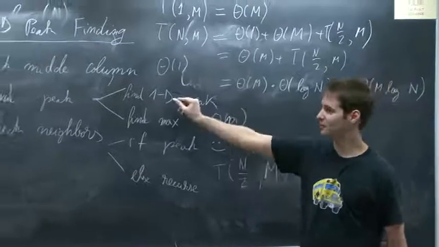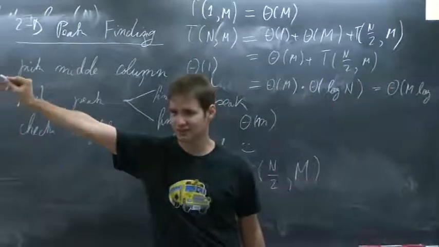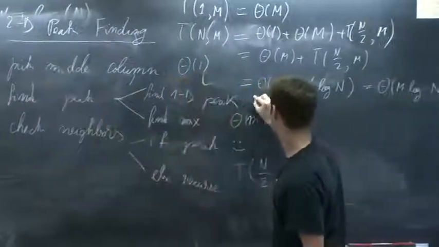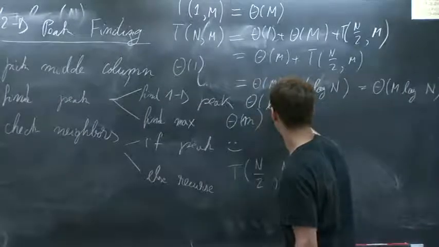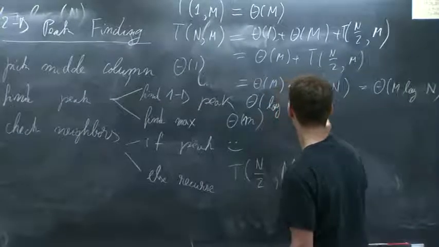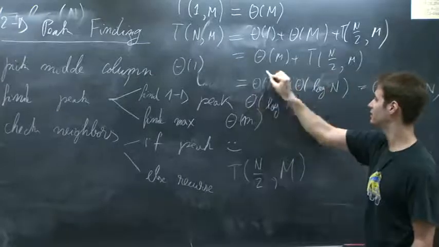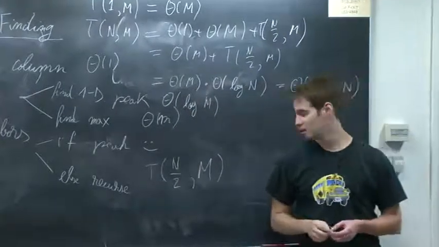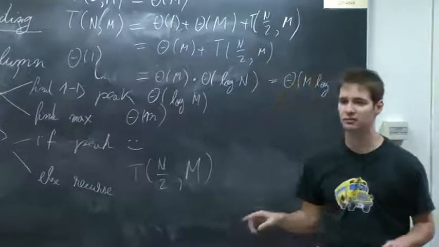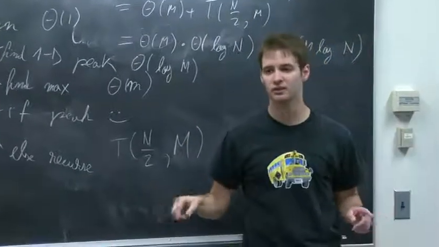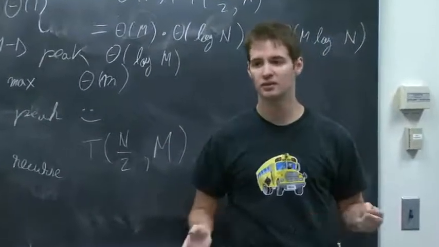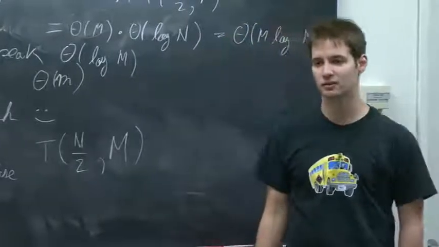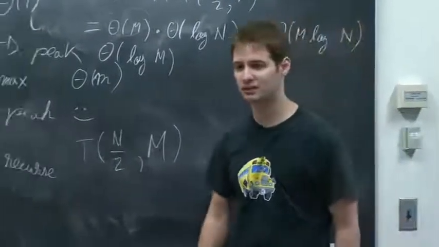All right, so 1D peak is exactly what we had there. Thank you. 1D peak is exactly like you said, log m. So this constant here becomes this constant here, so the algorithm would be a lot faster. As an order of magnitude idea, if your m and n are 1 million each, then log n is 20. So that's a 50 times improvement. And these are real input sizes you might get.